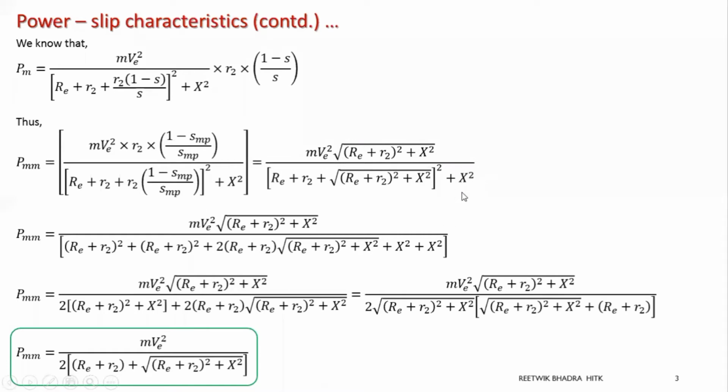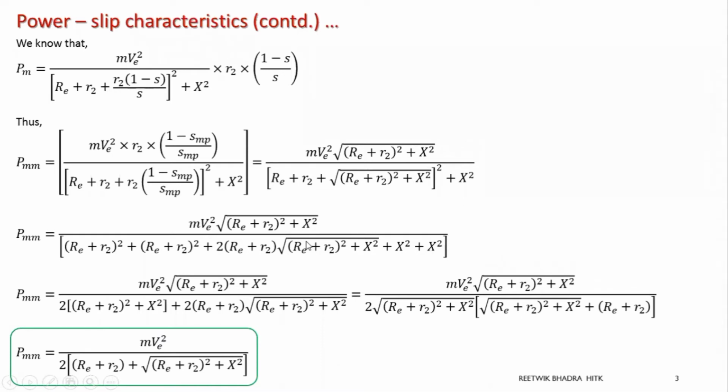There is another term x square over here. So x square is written over here. Okay, and the remaining term is twice A into B. Twice A. So what is my A? RE plus R2. Twice into RE plus R2. What is my B? Square root of this term. Twice A into B. So A square plus B square. Let the first x square be B square. This is twice AB. And what are the remaining terms? This is RE plus R2 whole square. Sorry, this is included in B. What is the remaining term? X square over here. So another term x square is added over here. So this is a simplified form of this equation.